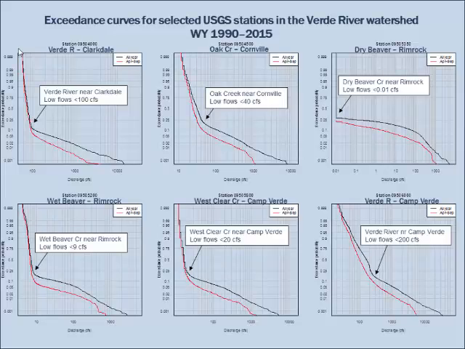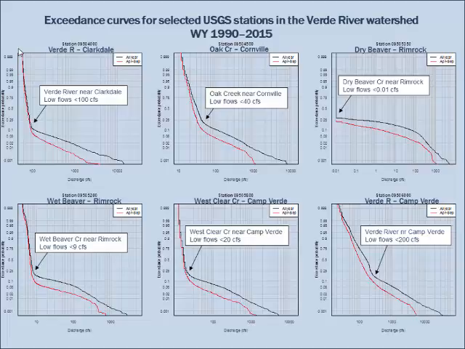We had to determine what the low flow threshold was, and this is done simply by looking at the exceedance curves for daily mean flows for each of those gauges. I don't need to get too much into details, but you can see a bend in each one of these curves. This is discharge on the x-axis. Anything to the left of that bend, we identified as a threshold for low flow. So we only considered those days in the hydrologic record, 1990 to 2015, where flows for all gauges were lower than